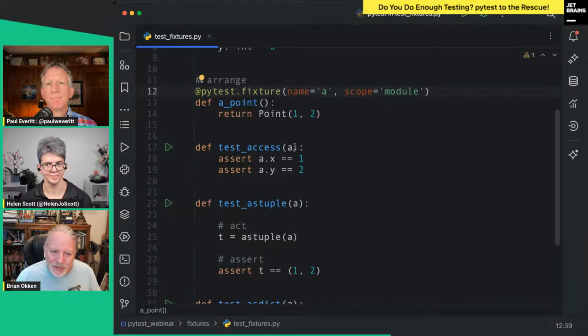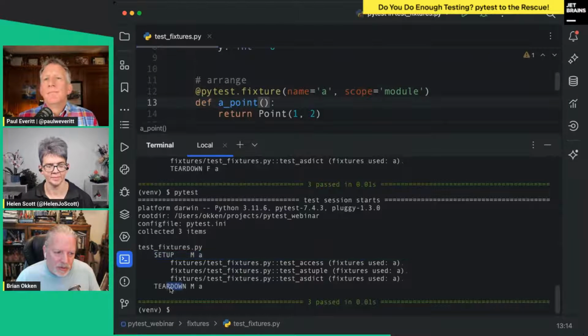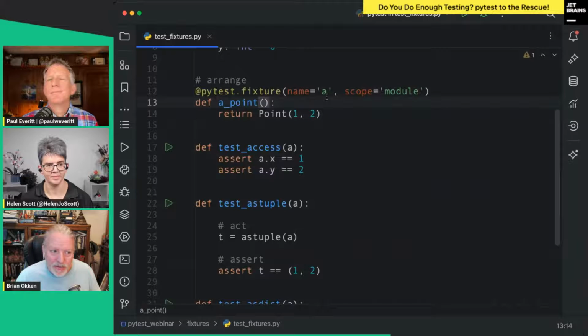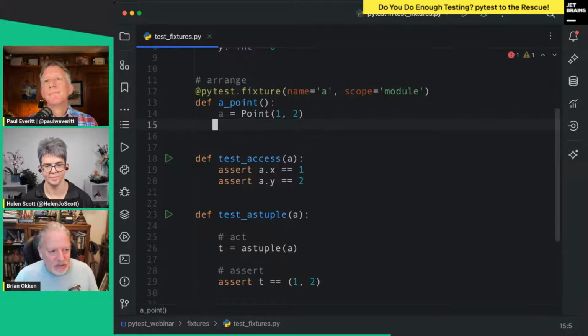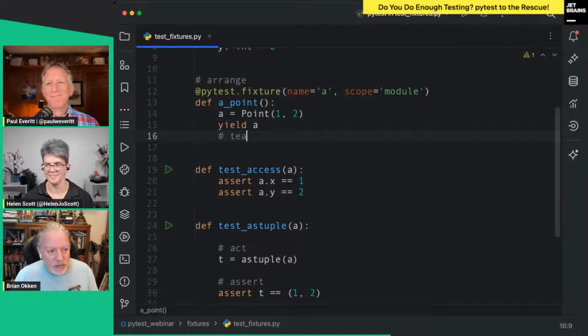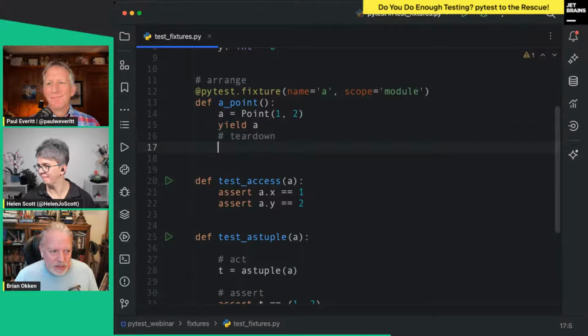end. But I don't see a teardown, right? It doesn't look like there's a teardown, even though our run showed a teardown. It doesn't seem like a teardown. But if we need to have a teardown, it's just empty right here. If we wanted a teardown, we would do a equals 0.12, and then that's our setup, and then we would yield a, and then at the end you do something in the teardown, like maybe print hi.